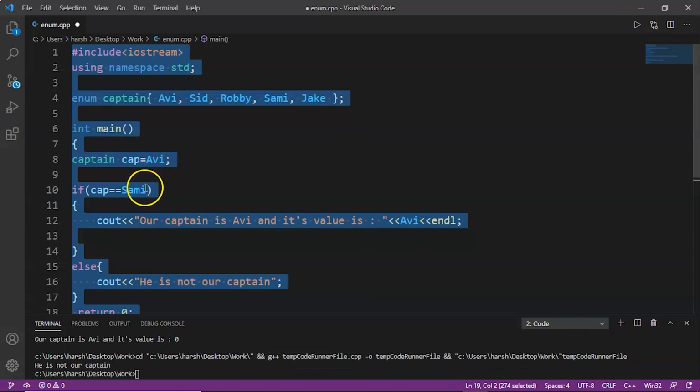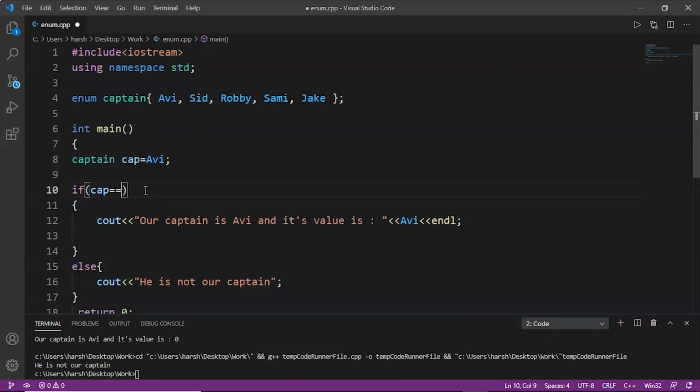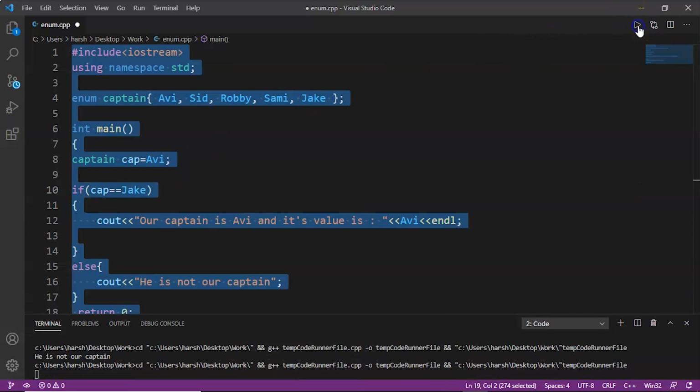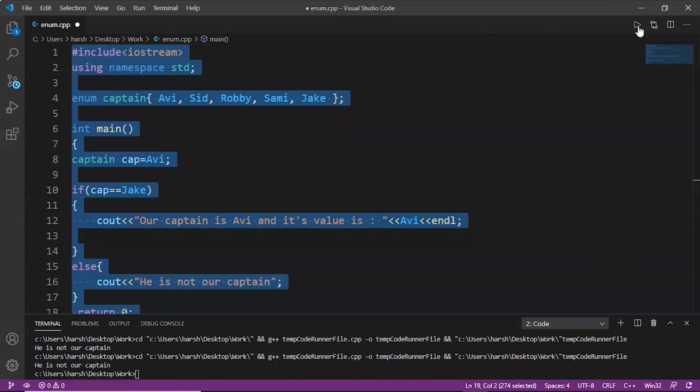And if we write Jake or Sid, then also it will print the same. He is not our captain. Only in case of Avi, it will print our captain is Avi and its value is Avi's value. So this was the basic example of enumeration. Now let's move on to another example.